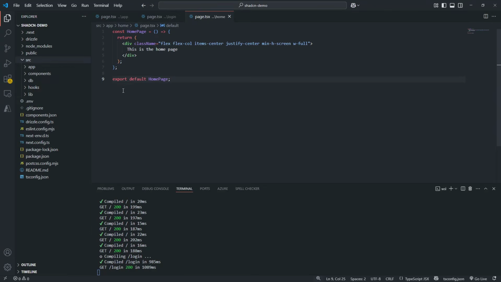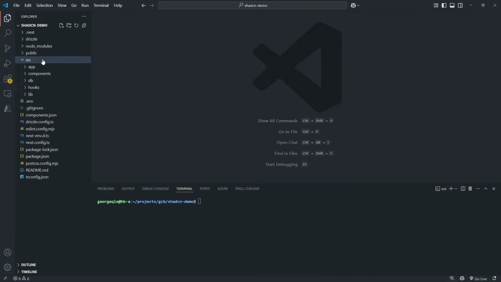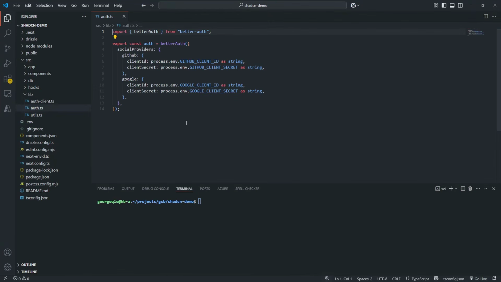We're going to need to create a specific component. And so in our components here, we're going to create a new folder for auth to create a sign out button, sign-out-button.tsx. The reason that we need to create a separate one is that it's going to be a client component. Okay, so back into our code here, we're going to go to lib, we're going to go to our auth.ts